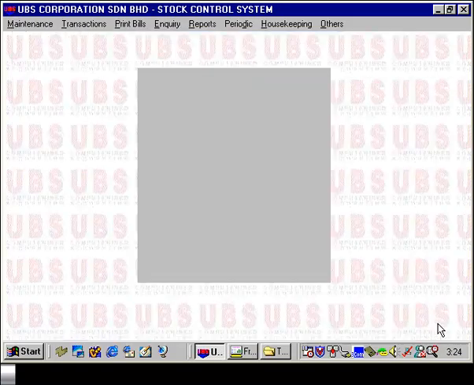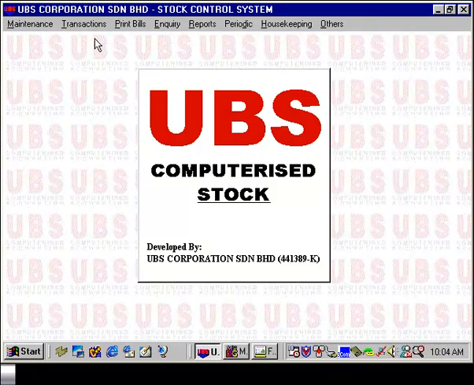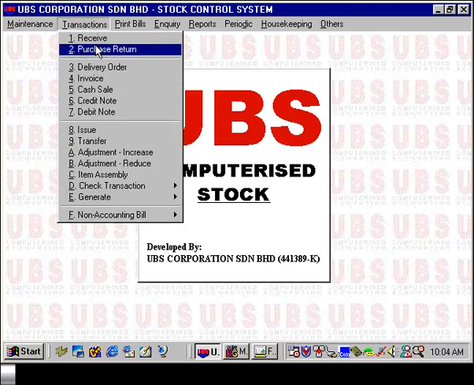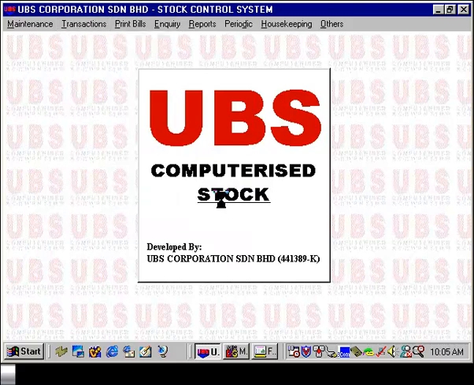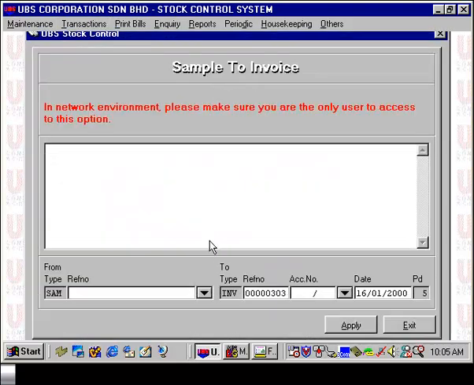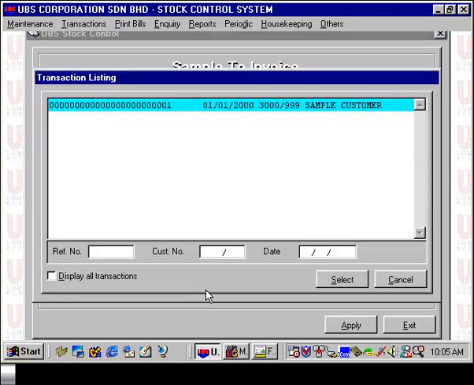Once we've set up the sample templates, next we're going to generate an invoice using the sample. So you go into transaction and select option E, generate, and under that option 1, sample to invoice. To generate a sample invoice using the template, you have to first of all select the sample that you're going to use. So in this case, we'll select the one that we've just set up,